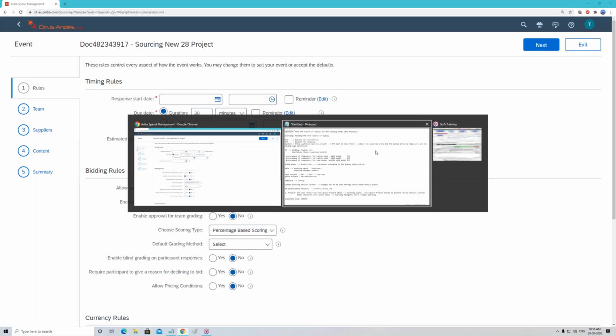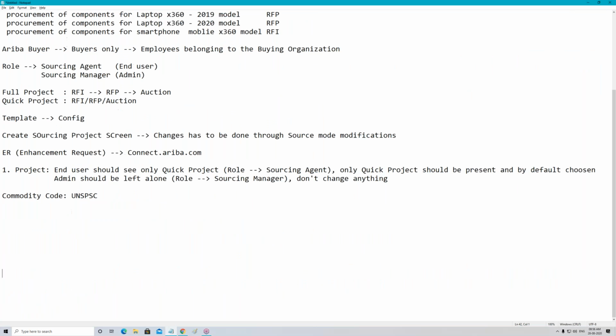So first thing first, as an Ariba functional consultant, whenever you go into a project, you have to understand two things. What is that particular point? User dependent field. What does this terminology mean? That means what data will be entered in this field will depend on the end user, or you can say the end users will enter the data. Very good, Manoj. That is what we are doing. No, no, that is not what we are doing here in the sourcing project. End user will enter the data within the sourcing project.